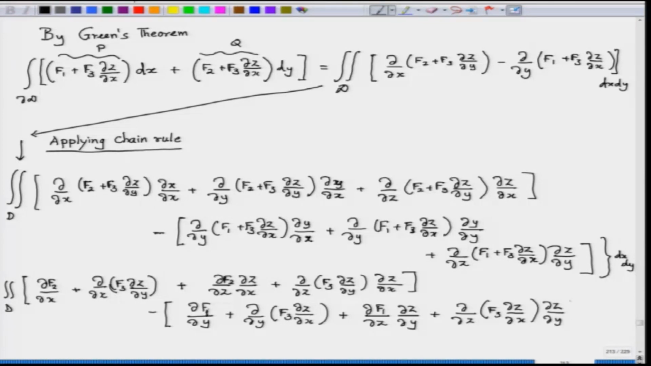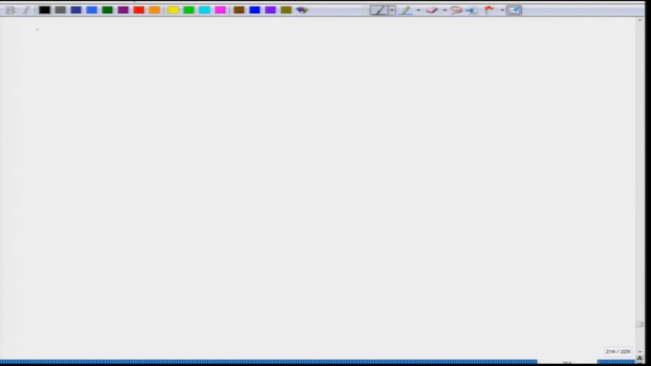Now, I expect that you should be able to write the product rule here. You have to write the product rule in this case: ∂x of f3 ∂z∂y, ∂z of f3 ∂z∂y, ∂y of f3 ∂z∂x, ∂z of f3 ∂z∂x. So, if I write down that product rule, then